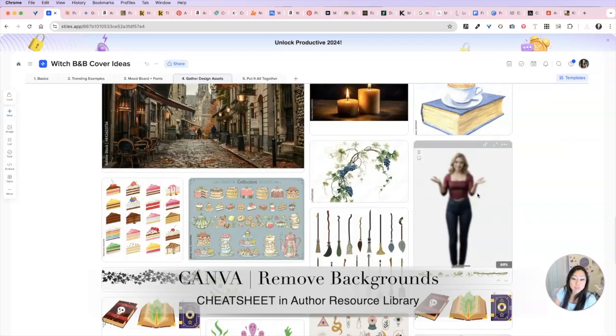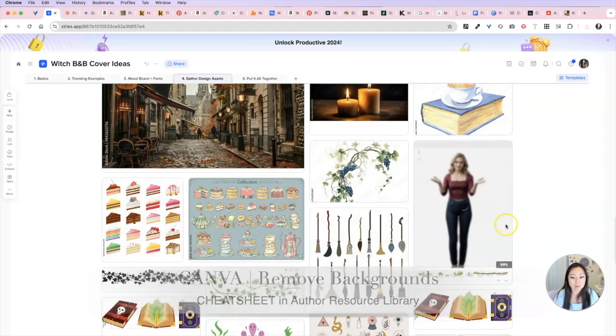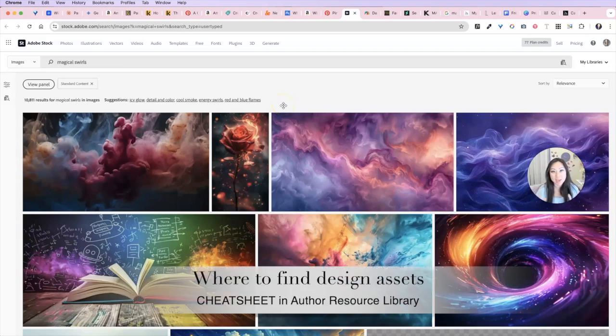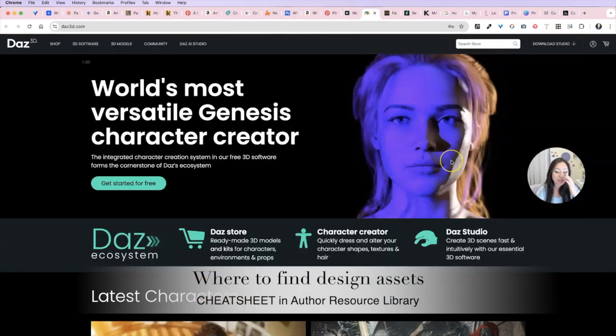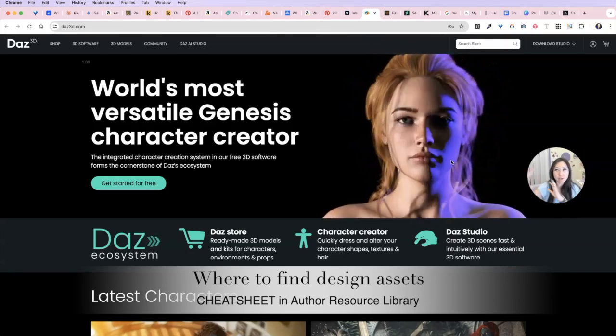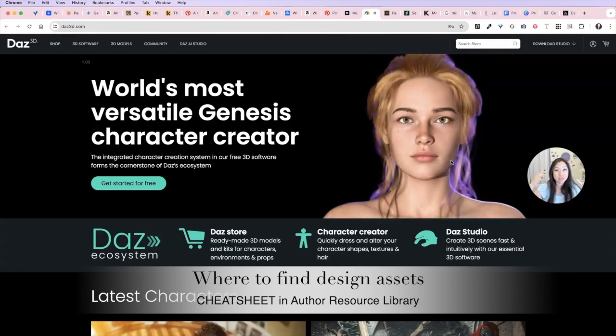The reason I do this is because it makes it so much faster later in case I decide I want to use her. I don't have to take the background out later and do everything else. It's already there, ready to go. I can see it without being influenced by anything in the background. So always use paid images. Never try to use anything free that you've Googled, but you can use Adobe Stock. That's very popular. DAZ, people like DAZ because you can change the way the light hits somebody and the shadows,